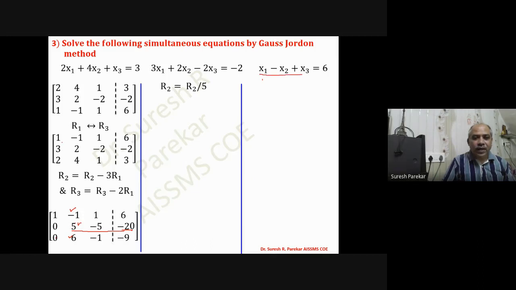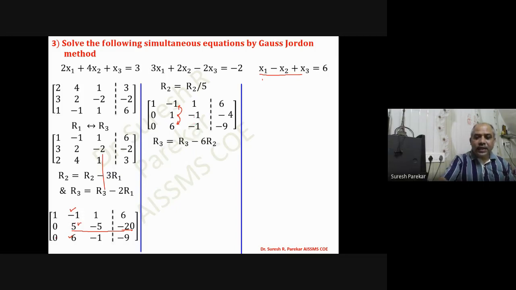So you can see over here R1 to R3. And then from this I will get, if I divide it by 5, now simply I can add this R2. If I add this R2 in this, then this becomes 0. And if we have R3 minus 6R2, then this becomes 0. So we have this 0, then the others we can easily do. So we can have this.